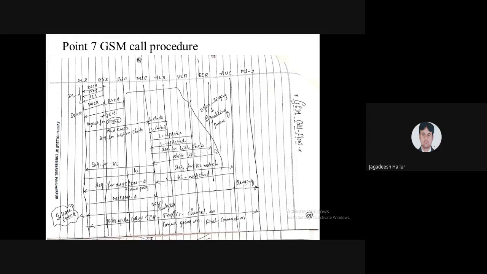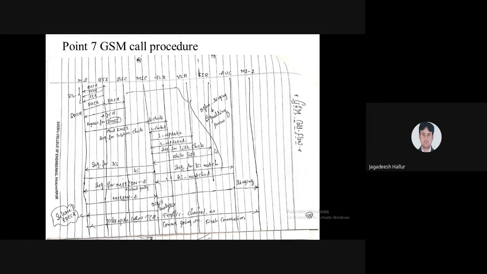Before that, once all the channels have been released, you have to check the information, that is the location where the user is coming from, which has to be updated in the VLR. It also has to be checked which list the user is in, a white list, black list, or gray list. Once all the process is over, the key is required for the authentication process. Once the key matches, the other end's mobile number is required, that is MSISDN2, the number of the other mobile user.